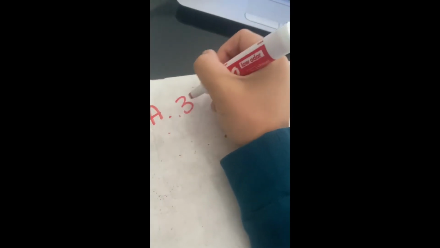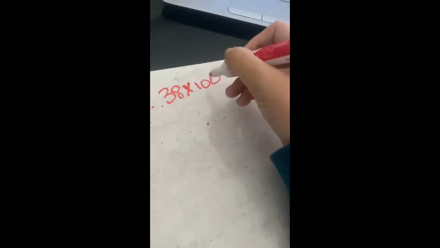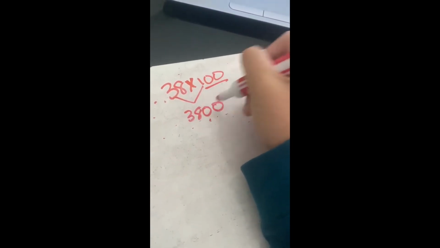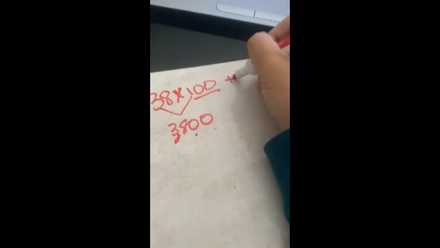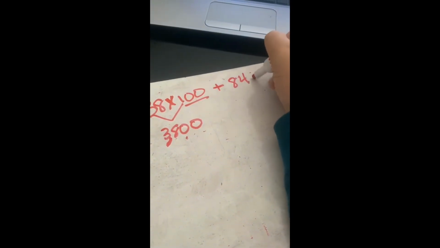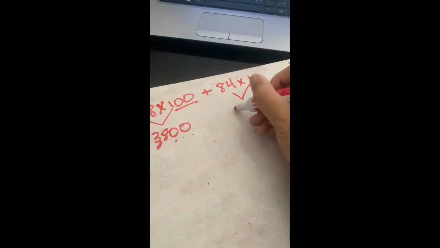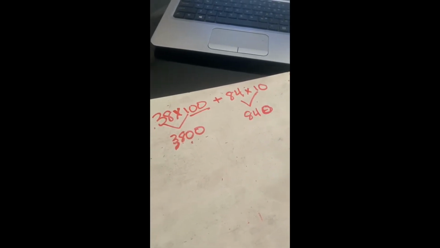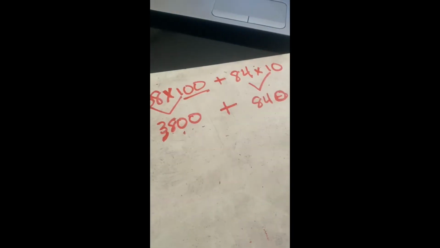So A is 38 hundreds. It's 38 times 100. 38 times 1 is 38. And then you add your 2 zeros. You just attach them on. So that's 3,800. And 84 tens, which is 84 times 10. So that's 84 times 1 is 84. And then you just attach your zero. So 840. So is 3,800 plus 840 the same as